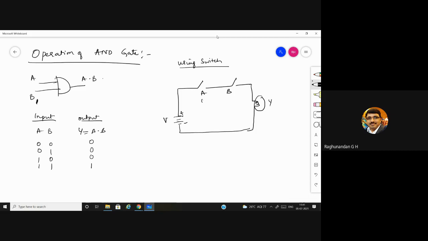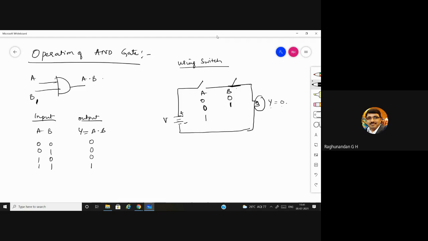When A is equal to 0 and B is equal to 0, both the switches are open, then the output will be 0. When A is equal to 0, B is equal to 1, switch A is open, B is closed. Even though one switch is closed, the current cannot flow, so the output will be 0.